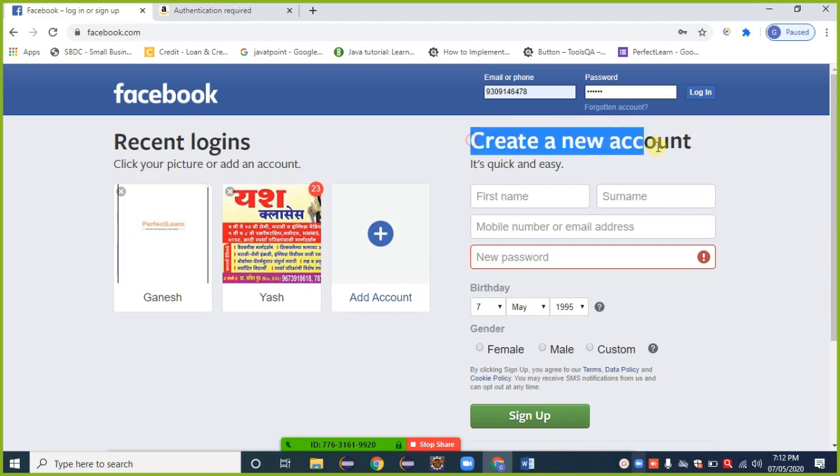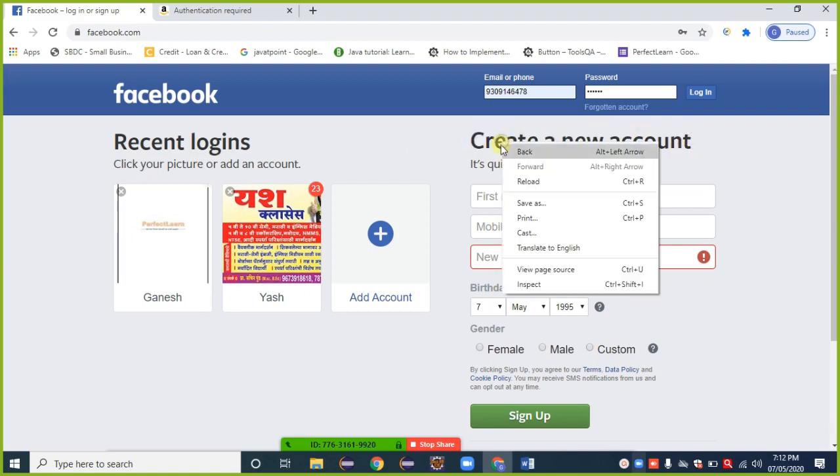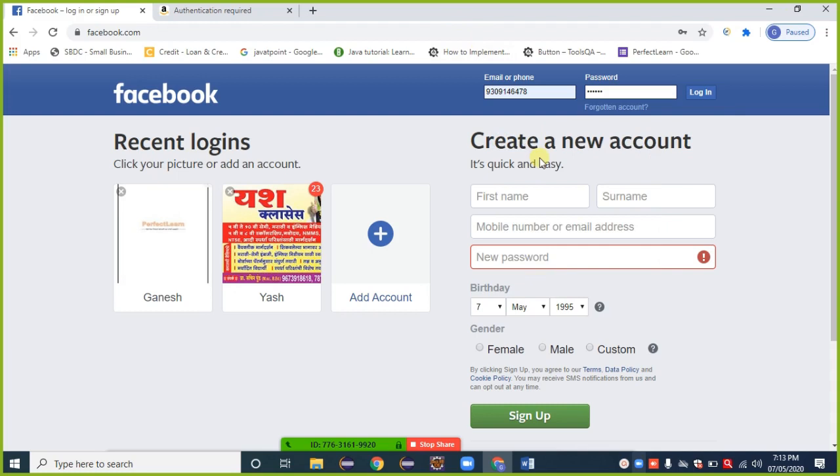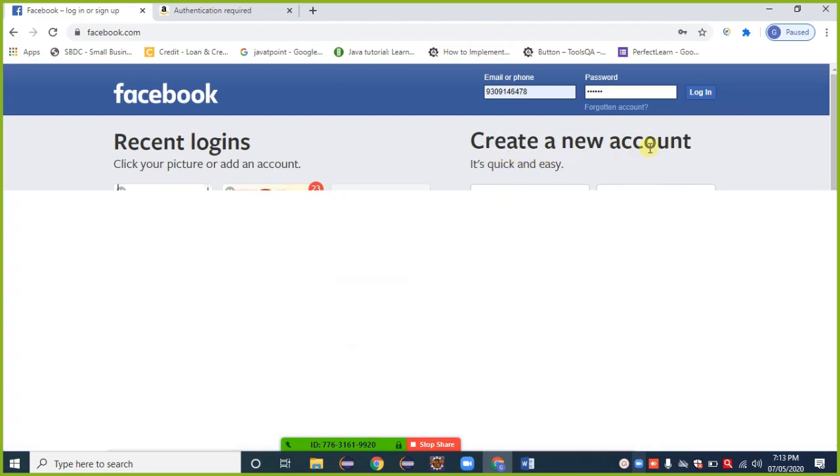Just inspect that one: right click, inspect. I am inspecting "Create a new account".